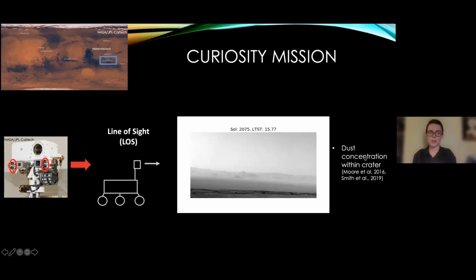Now, lastly, I will mention the line of sight, which is more of a dust observation with Curiosity, and it was actually great for us to capture the Mars Year 34 global dust storm, which you can see in this movie here. You can see how opaque the ground gets when the global dust storm is coming in, and perhaps this is very important for future Mars exploration with humans. As you can see, it does get quite thick. And this is basically taking dust, trying to find dust concentration within the crater by looking at the bottom, the surface, the crater rim, and the sky. And it is only a single image.